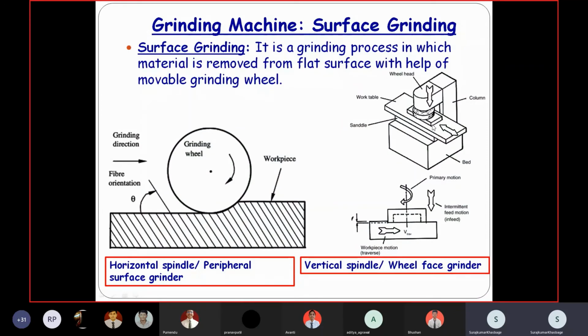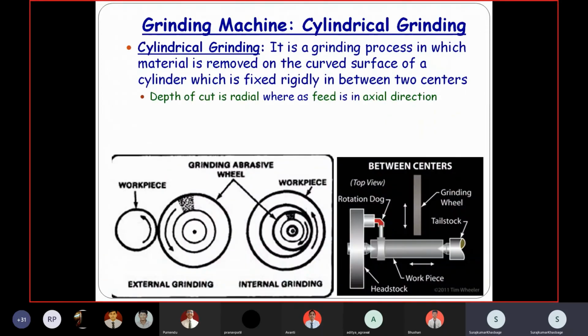This is the surface grinder. Or we can have a horizontal spindle type of grinder which can remove material from the surface of any circular part also. The operation is called surface grinding whenever we remove material from any surface.